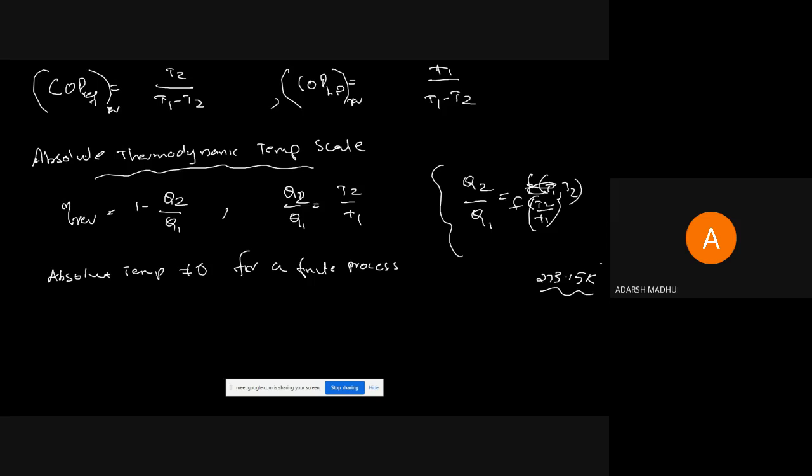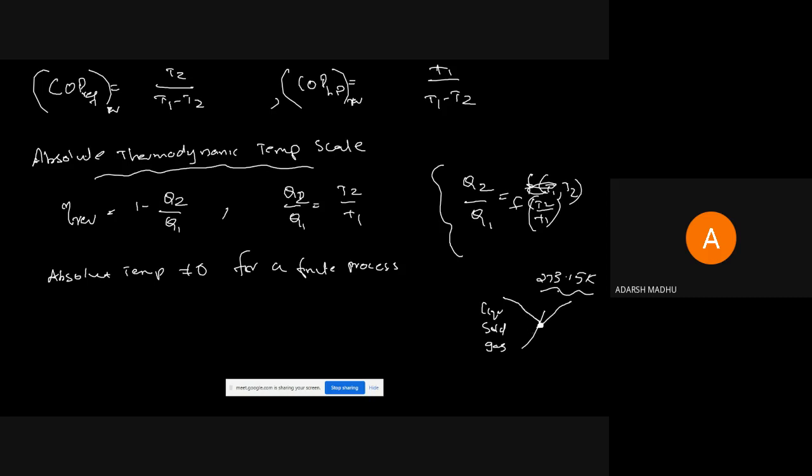What is the triple point? A triple point means there are three phases for a substance, right? For a pure substance, there are three phases: first is liquid, solid, and gas. So a particular graph can be plotted. This is a particular liquid line, and this is a particular solid line, and this is a particular gas line. So a particular point where the three phases are in equilibrium together.